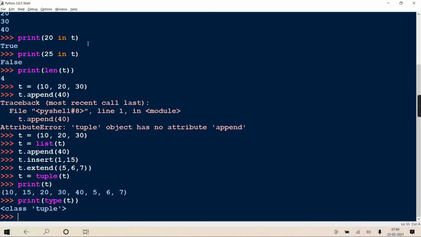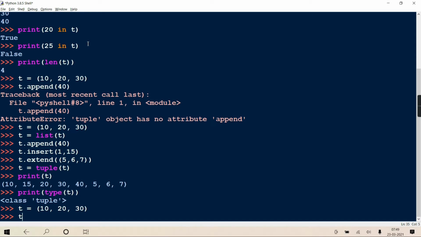Okay, you have a tuple and you're trying to pop any value, or t.remove, and you're trying to remove this 20, it won't work. It will generate an error. But maximum you can destroy the whole tuple.